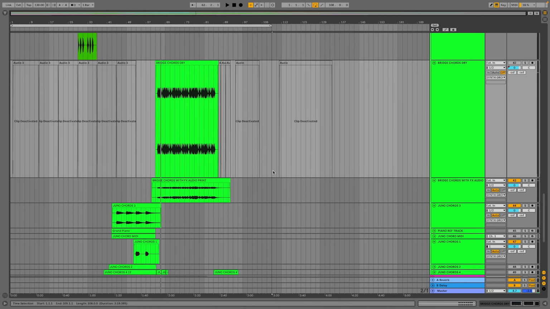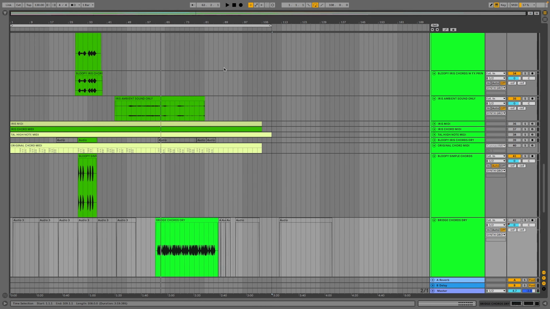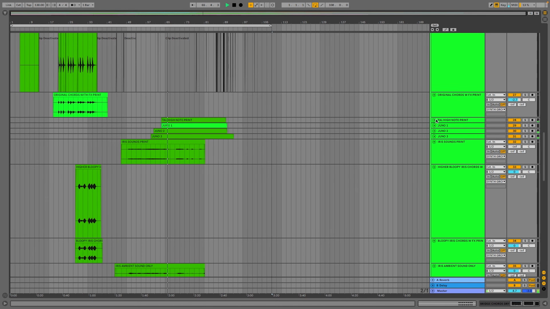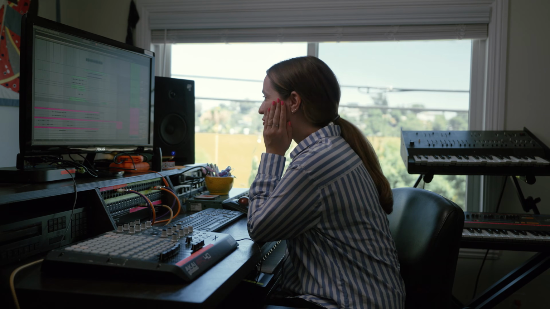The breakdown of this song, I wanted it to sound really epic. So I layered this sampler I have called Tal, which is like a Juno emulator, with my real Juno, and I thought it actually sounded pretty good. I was feeling a little bit weird about mixing the Juno emulator with the real Juno, but I think it worked. It worked great.